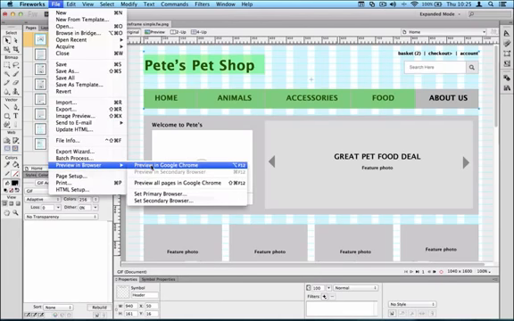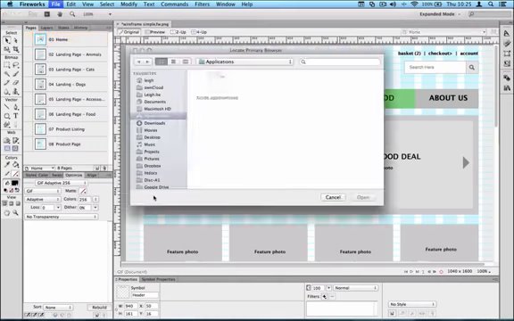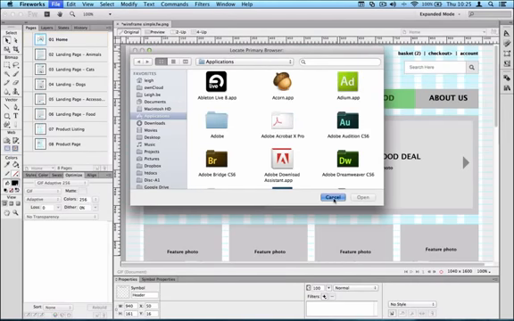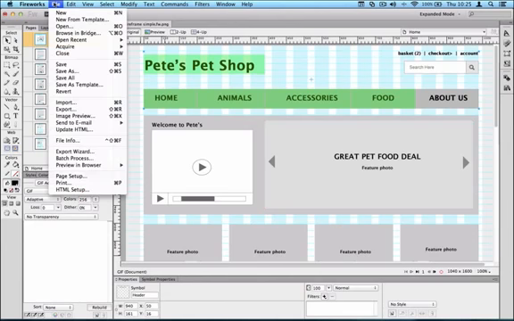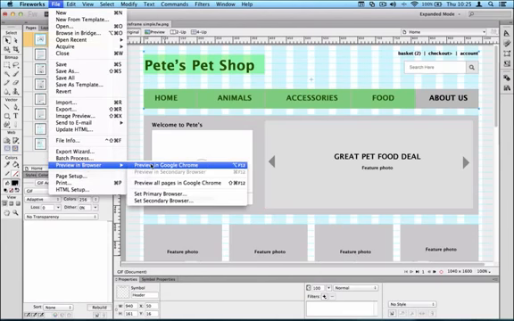Okay, so we've linked those pages, and if I now go to the file menu and preview in browser, we have a few options in here. So Chrome is my current default browser. You can also set up which browser you want to be your primary and secondary browser. So if you're testing in a couple of different browsers, you can set those from there, and you actually have to find the application on the Mac and the PC. I think you have to find the executable file to do the same. But you can either preview the current page, which is just the top option, or Alt F12, or you can preview all the pages in your default browser. So I'm going to do that